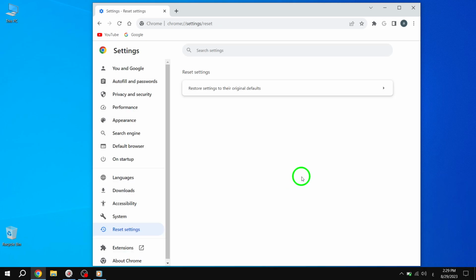By following these simple steps, you can resolve the issue of Chrome failing to load extensions and get them working